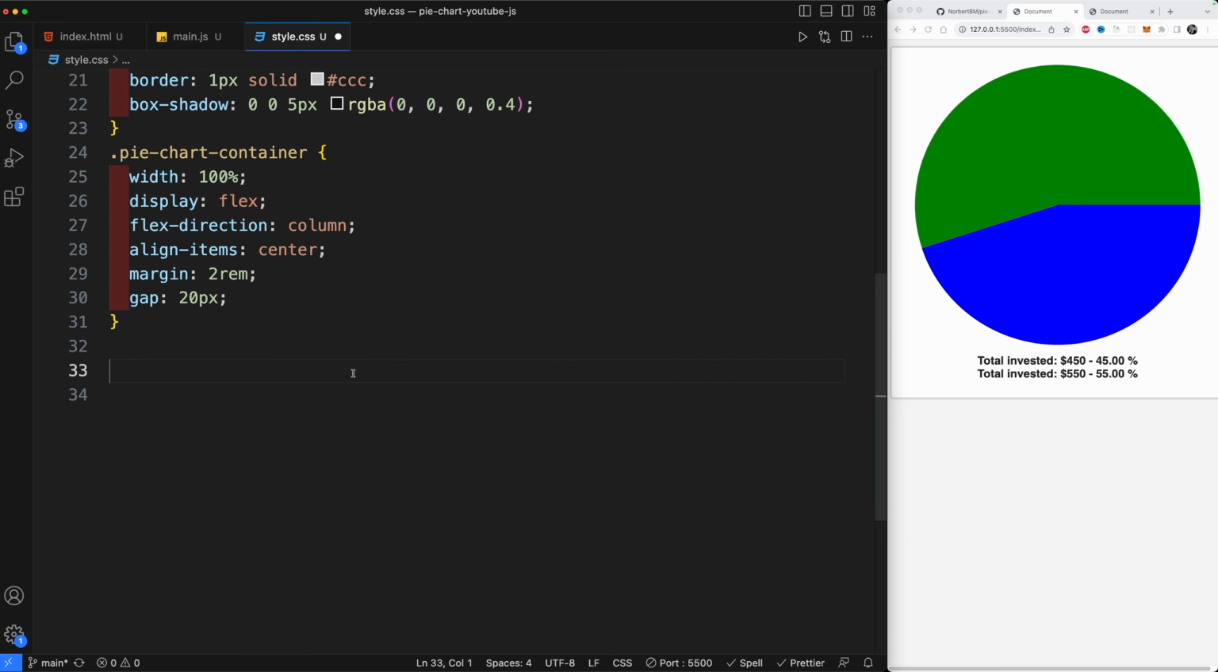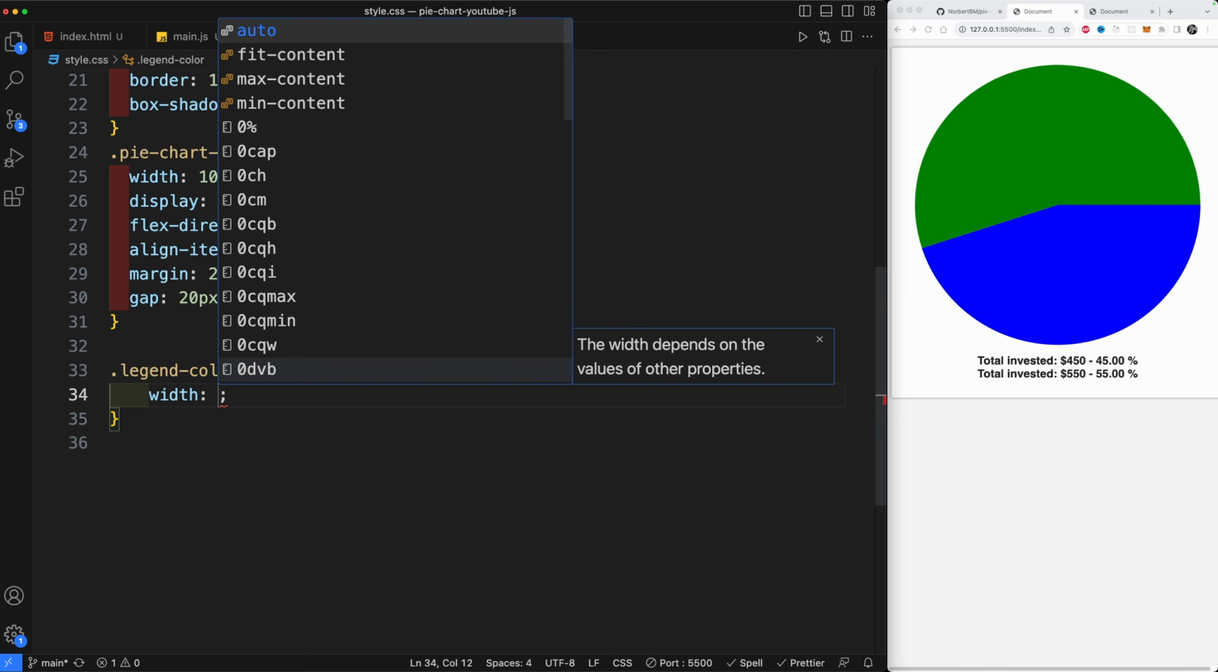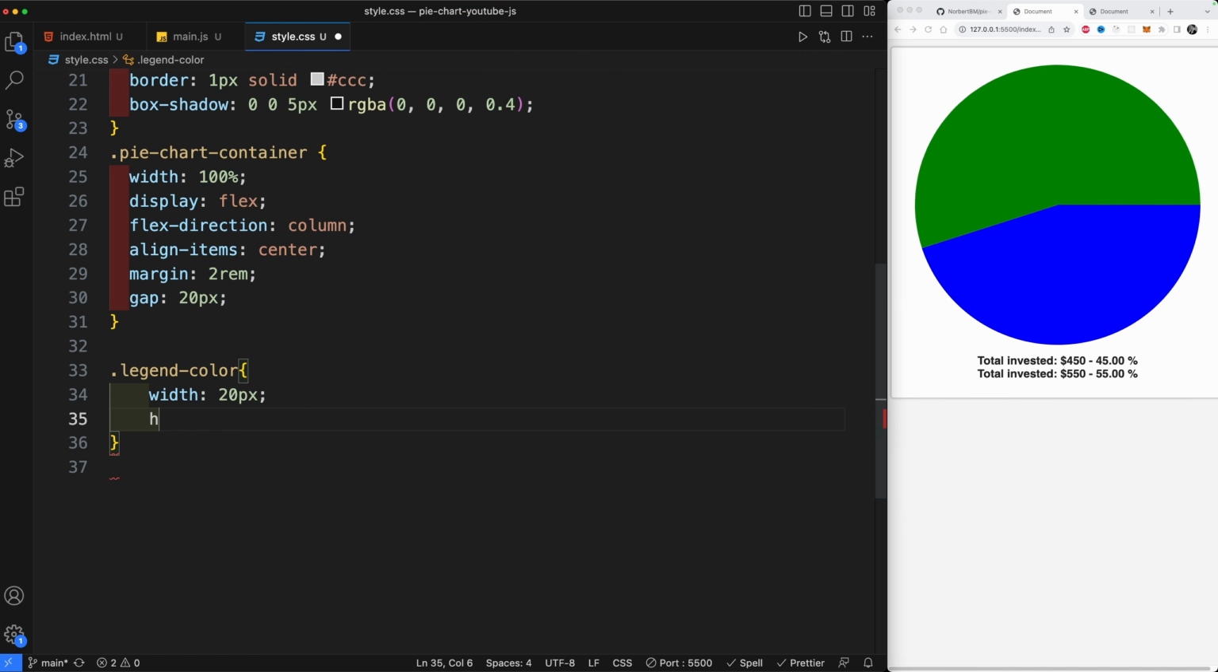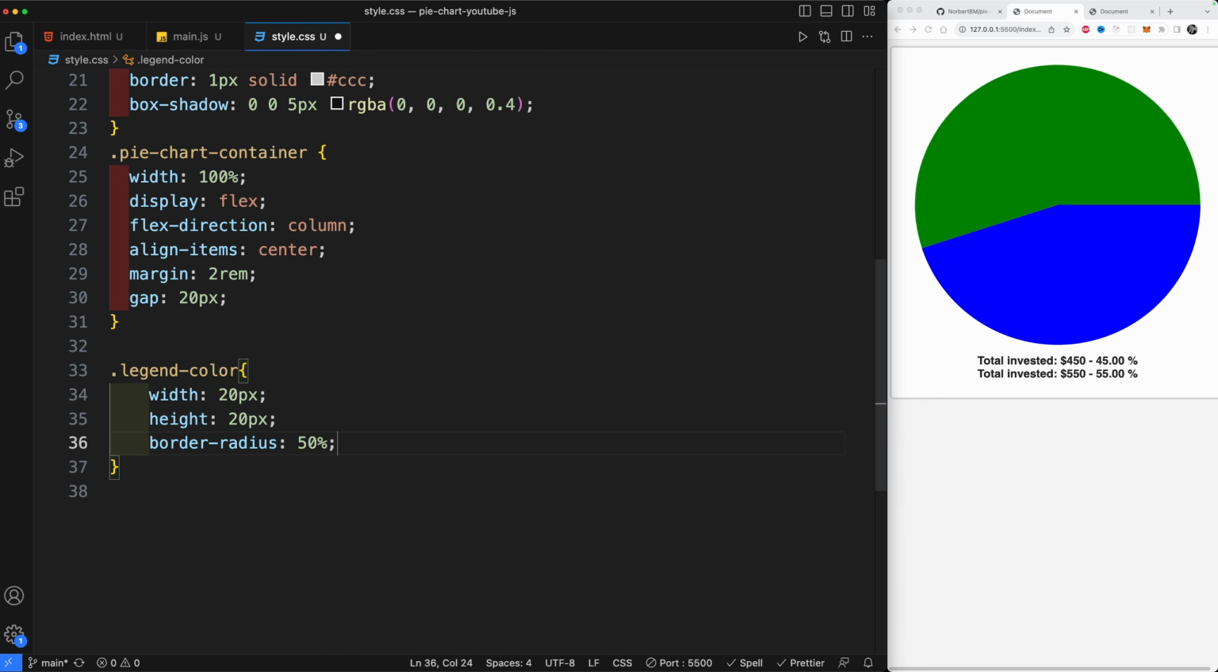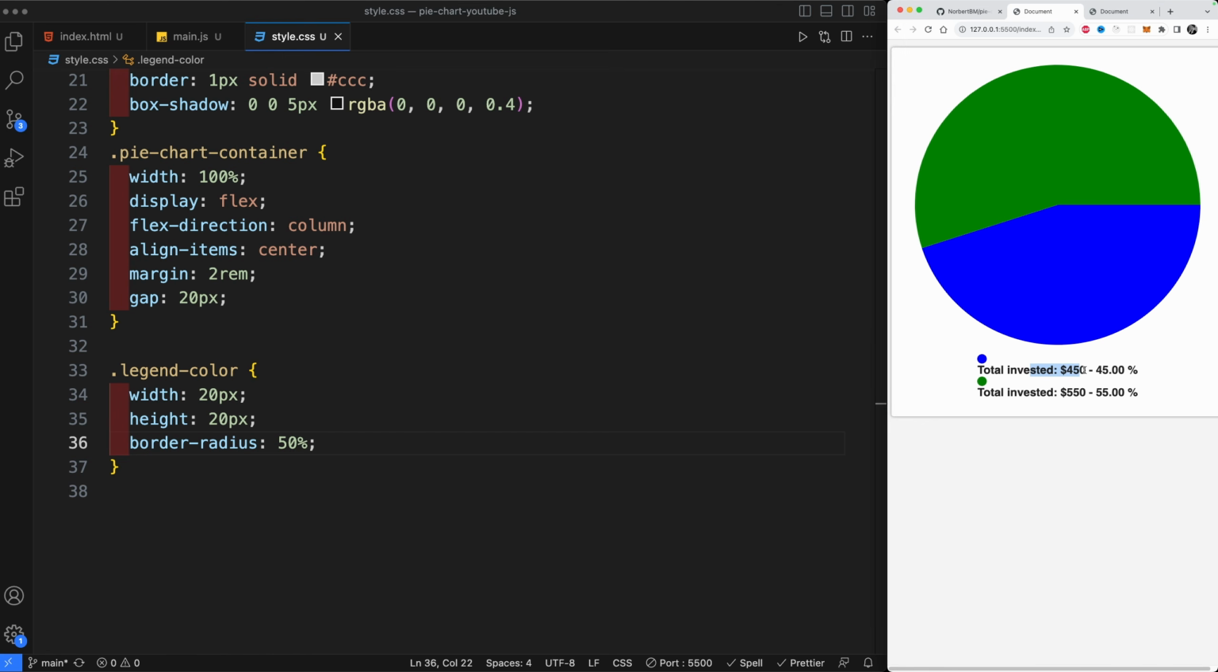So the legend items, first of all, let's go ahead and take care of the color. So legend-color. We're going to create here now a width of 20 pixels, then a height of 20 pixels, basically square for now. But we're going to change this to border radius of 50%, so they're going to be basically round. Okay, so there we have them, both of them, meaning that blue is now the invested amount, and the other one is